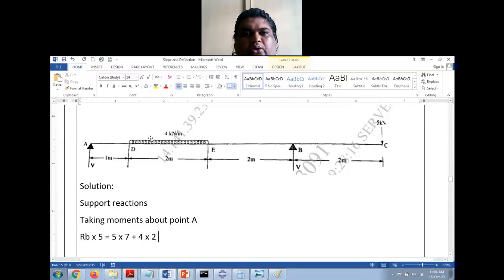So this is the total load because of the UDL, and this is acting at the midpoint of D and E. So midpoint of DE is 2 by 2, that is 1 meter from D. So from A it will be 1 plus 1, so into 2, correct? RB is equal to, or I'll take this next line,